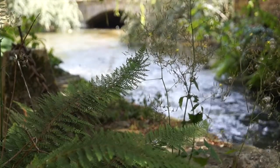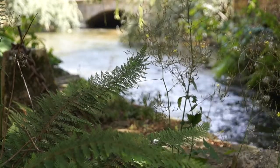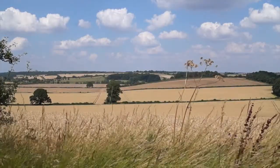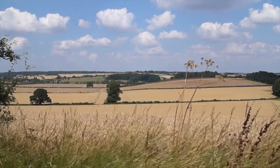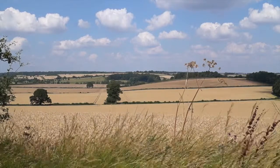Nestled in the beautiful Cotswold countryside on the outskirts of the idyllic market town of Chipping Norton is Cromwell Park Dental Care, a dental practice dedicated to providing exceptional dental care using the latest digital dentistry techniques, as Dr. Claire Hudson explains. We're looking to provide a really caring service at the same time as providing some absolutely excellent